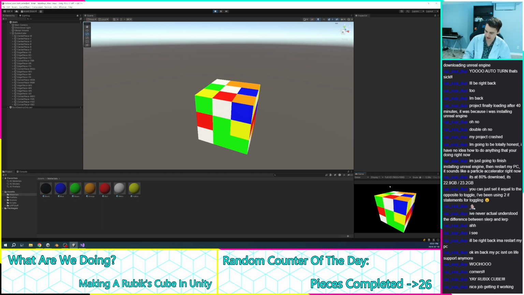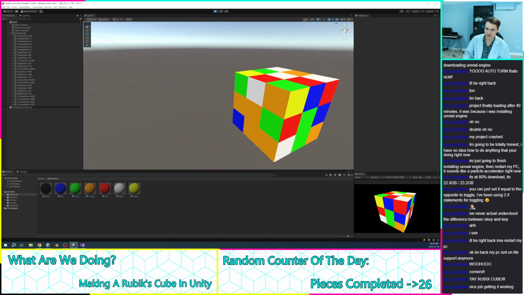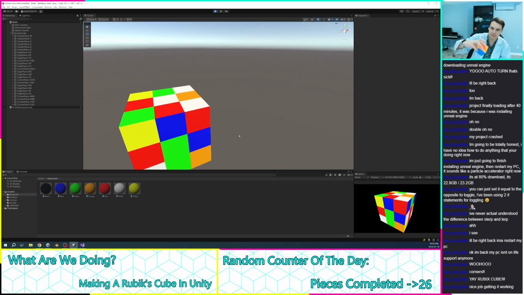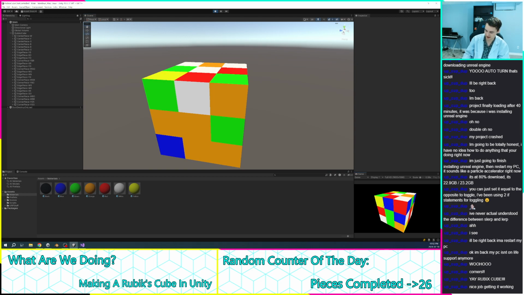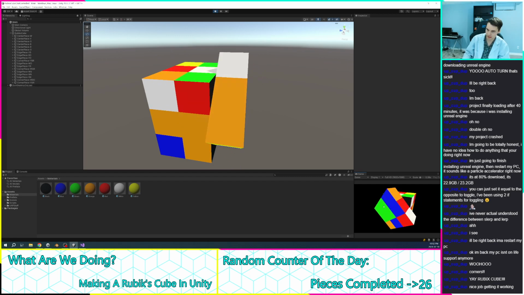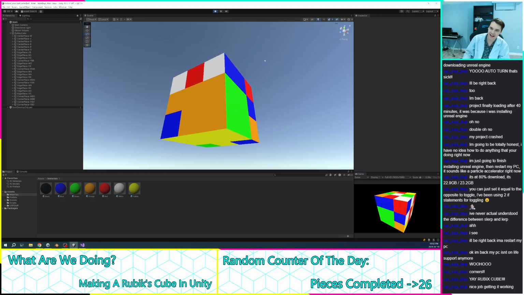I messed it up. Normally if I'm solving it this way, green is on, then orange is over here, but I'm doing it this way, orange is on the other side. So I put it in here. So, now I would go F, U, F prime. Look at that, a whole